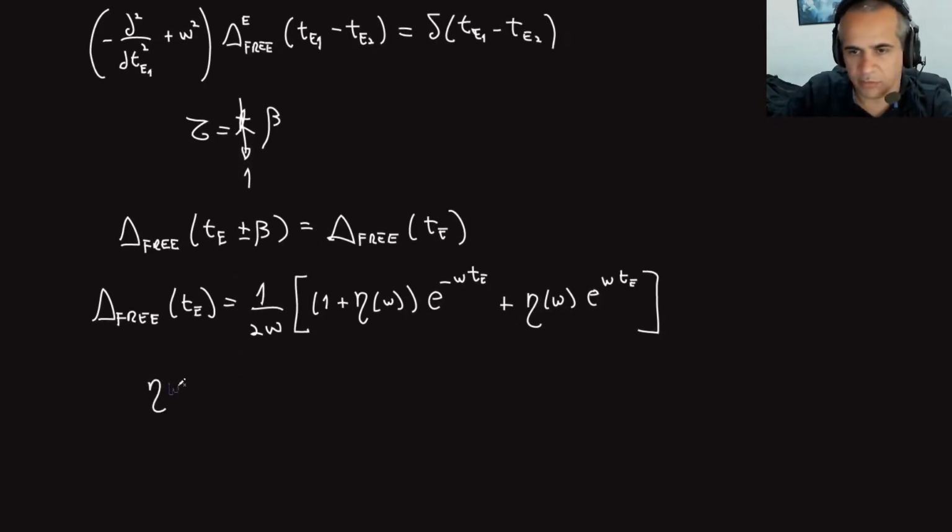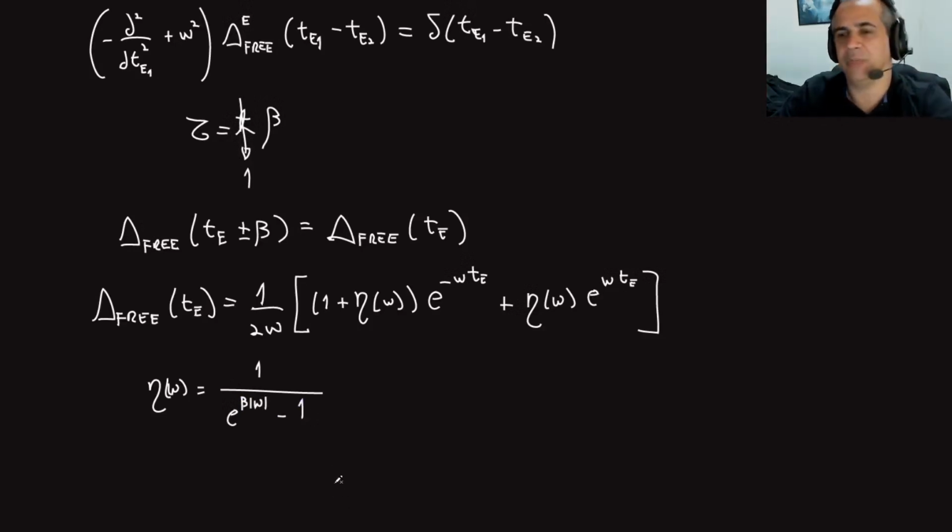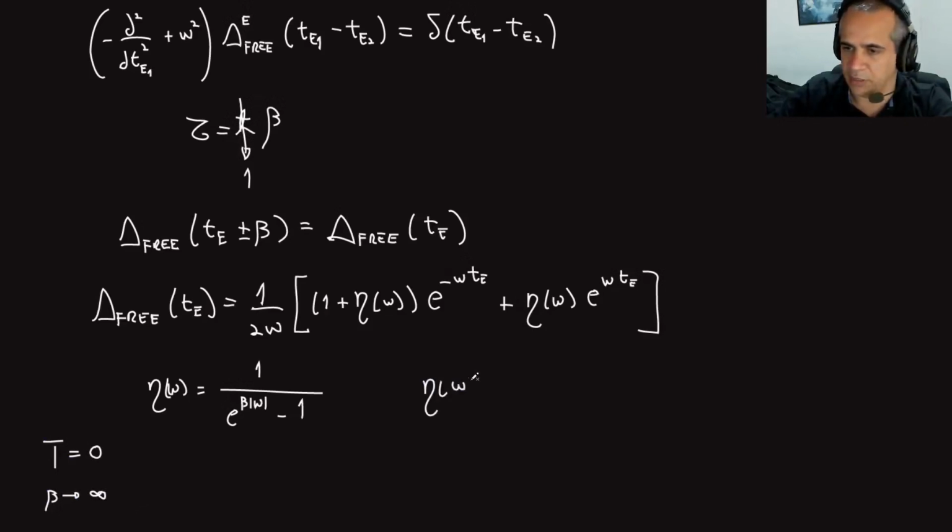And eta of omega is actually the Bose-Einstein distribution, which indicates, for the first time we're dealing with bosons here, but so far this will be just a coincidence for us, right? What is important for us here is that when I go to 0 temperature, which means beta goes to infinity, eta of omega goes to 0,